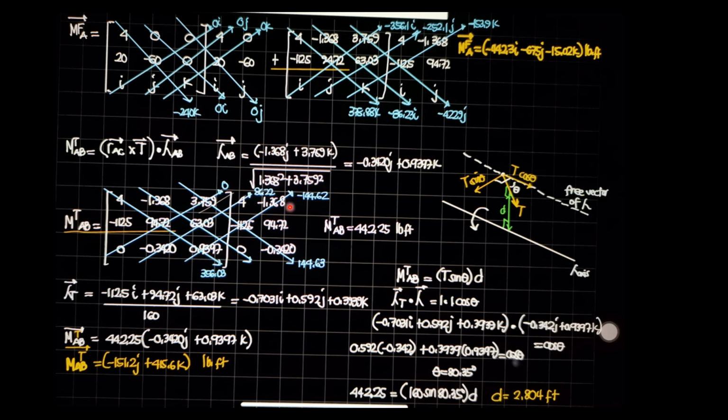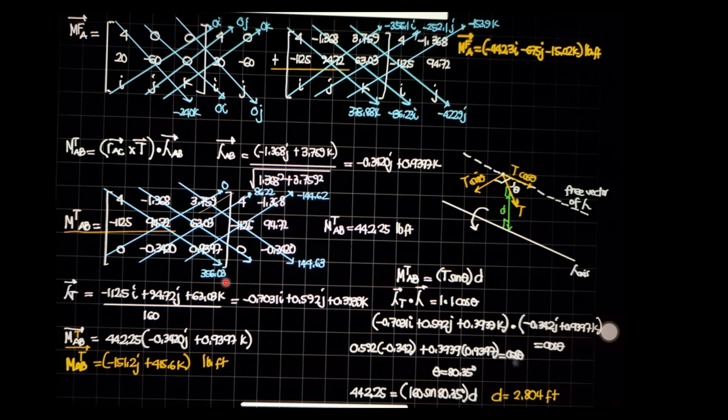Then copy the elements of the first two columns. Then compute, that's 356.03, 0. That product is 144.63. That product is 0. This product is positive 86.22. So negative of negative, so positive 86.22. Negative of positive, so that's negative 144.62.